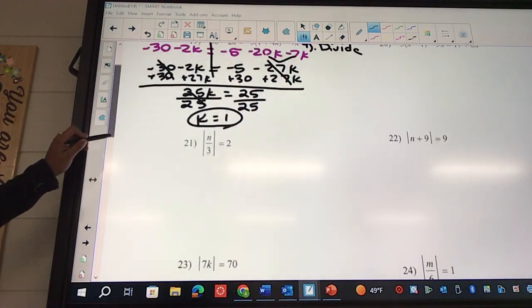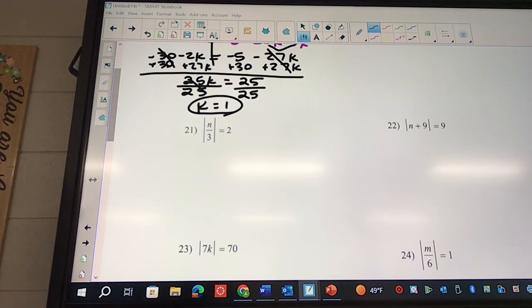Okay, 21. These are those absolute value ones. So we can only say comma and make it a negative. Does anybody remember what? You guys are gonna definitely have to take this on. Okay, so you can only make a comma and make it a negative if there's nothing else attached with